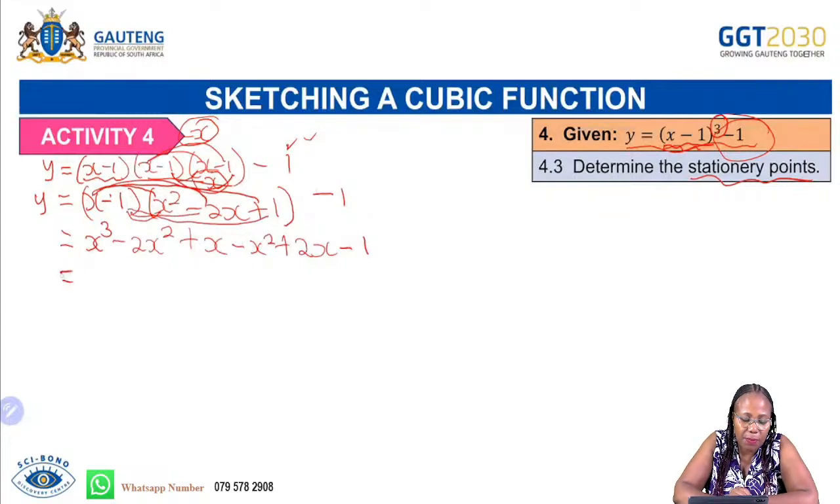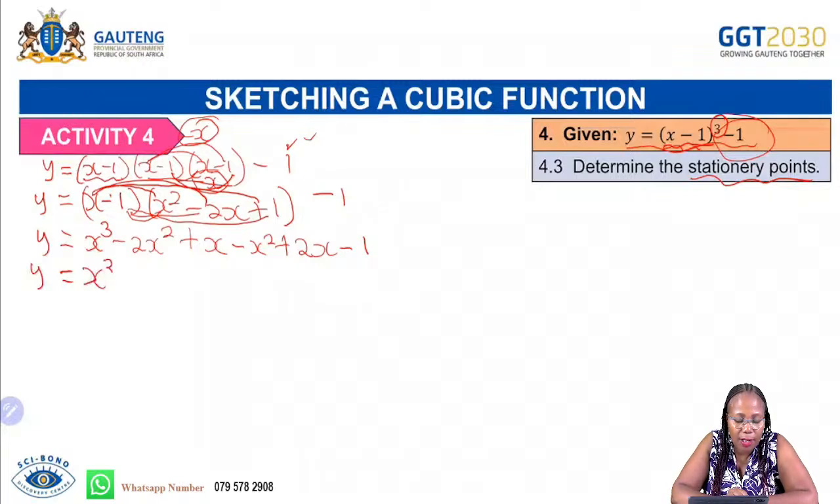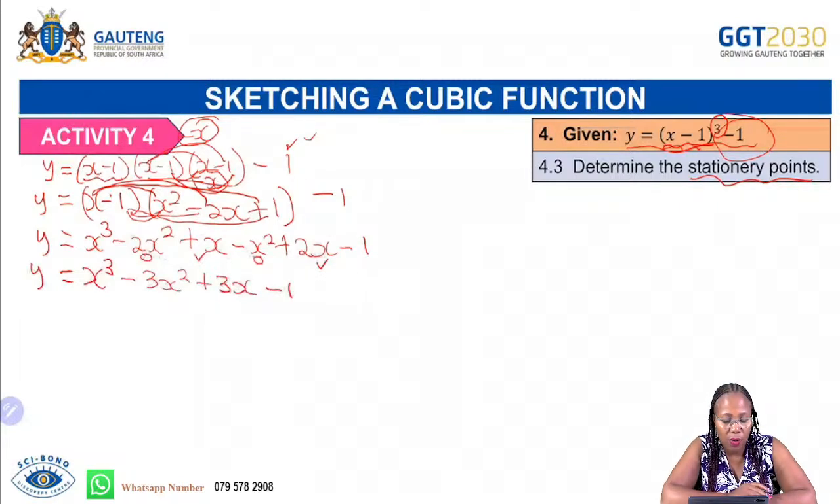What is the next step, grade 12? We are looking for the like terms. So x cubed is the only one, and there is no partner for that. Minus 2x squared minus x squared is giving us a minus 3x squared. And then we have plus x plus 2x, that is a plus 3x. And then minus 1, no partner for that one. That is the only constant we have. Now our equation is